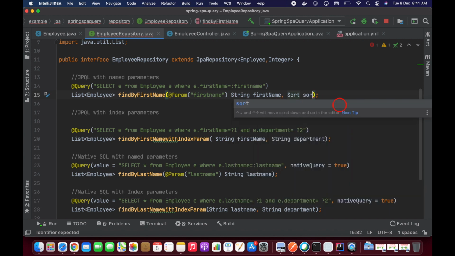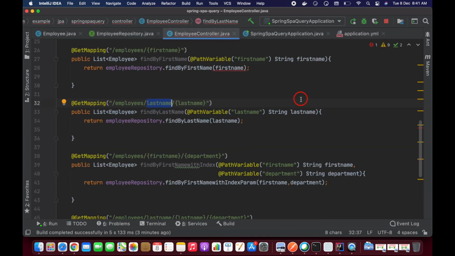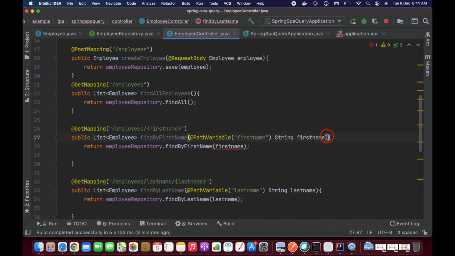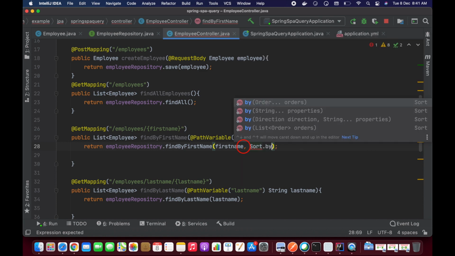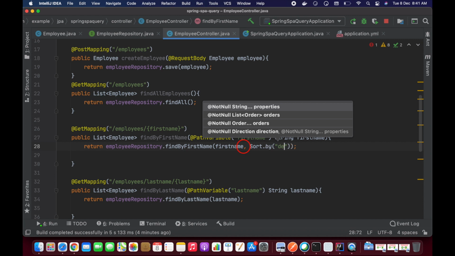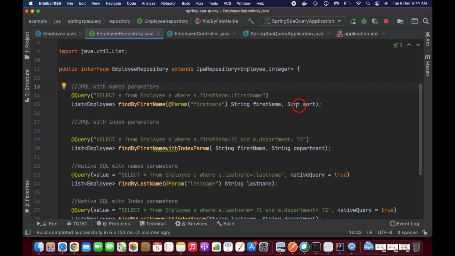You can just define it here, and come to the controller. Here, Sort.by, I just want to sort it by using department. So that's it. I just defined the sorting parameter inside JPQL.